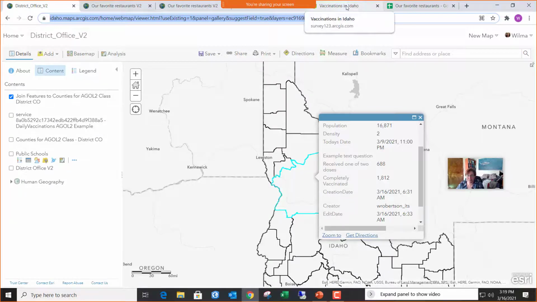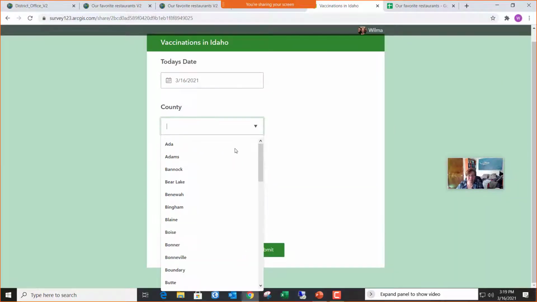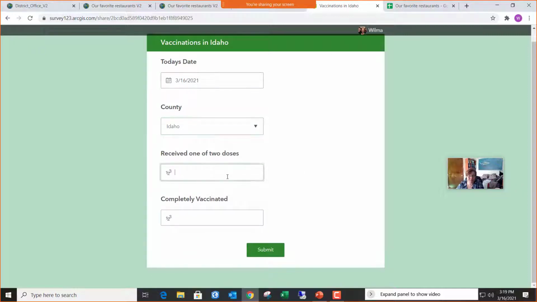So back to the vaccinations here. And let's go to Idaho County. And let's say that now 1,200 people received 1 of 2 doses. And let's say 2,000 of them are completely vaccinated. So I'll just submit that. And if everything went well,